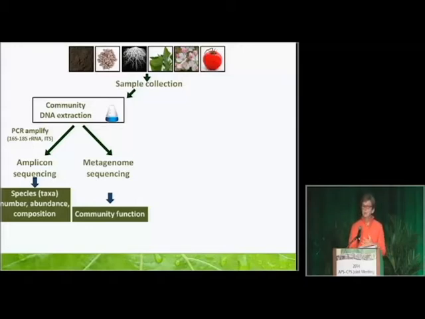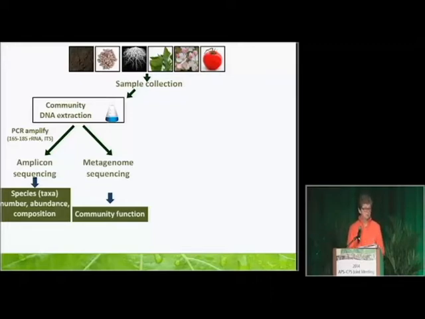Or you can do whole genome sequencing using a metagenomic approach and get at what the genomes of the organisms in those communities encode. What are they capable of? What's their genetic potential for improving the soils or the plants, or inhibiting other microbes, or what's their potential